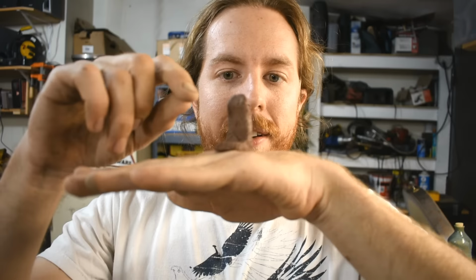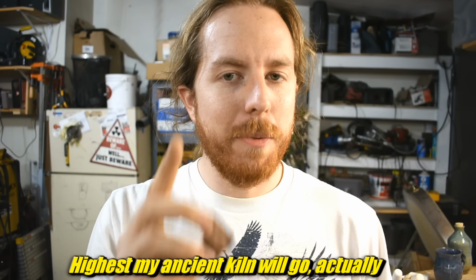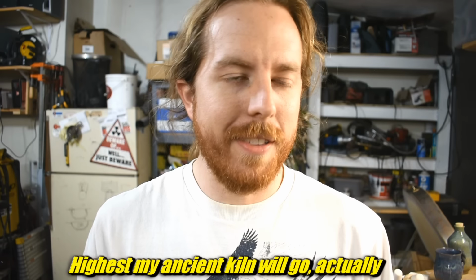The idea here is you fire it to whatever temperature and see what happens. If it's too hot, if it starts melting, this will start kind of leaning and sagging, or it might even melt on its own. But this was fired to cone 6, the hottest cone I have over there. And most importantly, that's what I fire all the other stuff to, because I had been